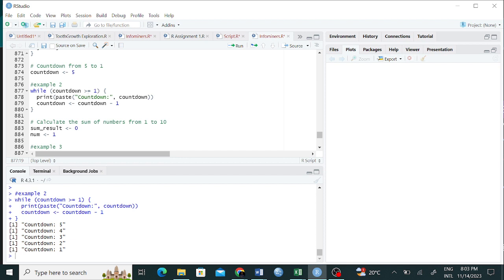As long as it is greater than or equaling to 1, the while loop will be working. But when it gets to a point where the countdown is less than 1, then the operation will stop.